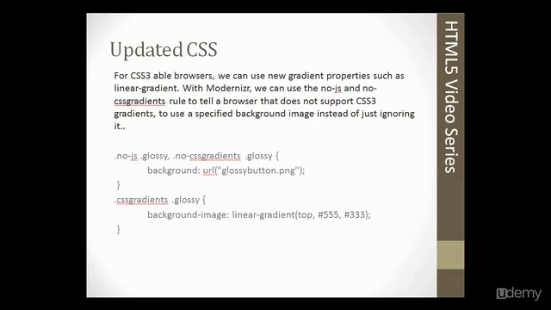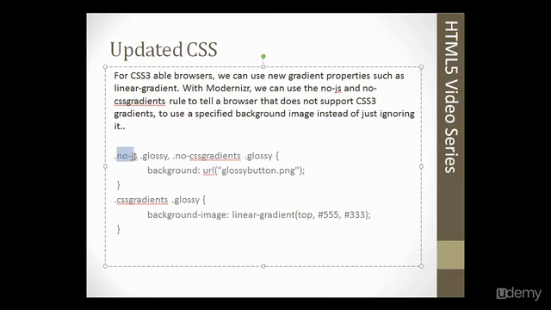And Modernizr is also very useful for CSS3, for the new CSS3 selectors and properties. Here's an example where you'd want an object or an area on the web page to have a gradient background. Now, you saw a couple of slides back we added the no-js class to the HTML tag,